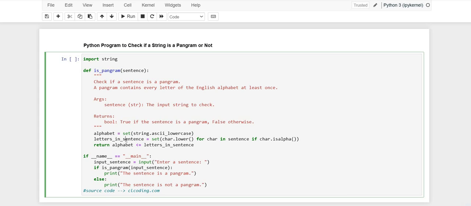Here in the next line, this iterates through each character in the input string, sentence. This converts each alphabetic character to lowercase using char.lower and filters out non-alphabetical characters using char.isalpha. This collects the resulting lowercase letters into a set, and that set is the unique lowercase alphabetic characters found in the input sentence. Now we'll see the next line,